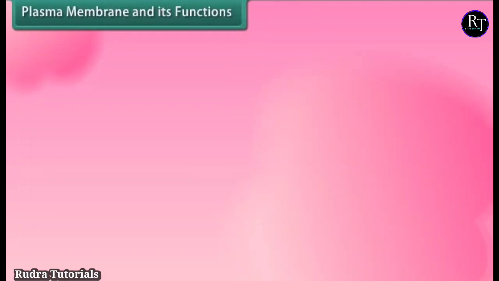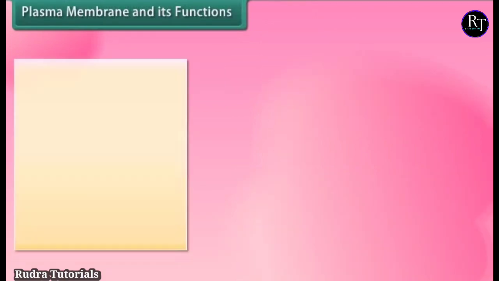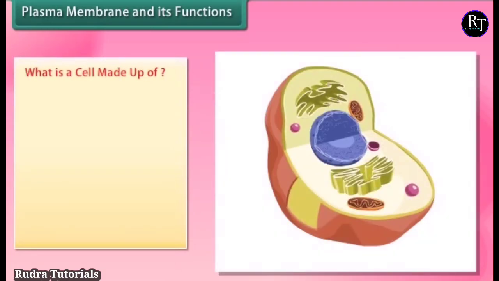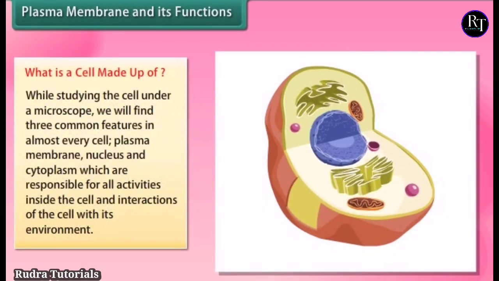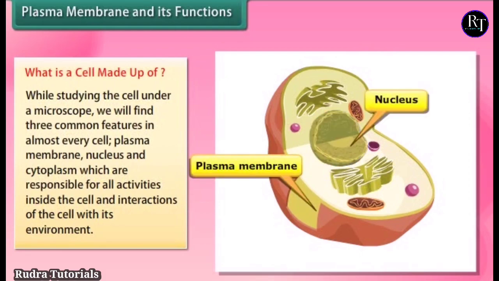Plasma membrane and its functions. What is a cell made up of? While studying the cell under a microscope, we will find three common features in almost every cell. Plasma membrane, nucleus, and cytoplasm, which are responsible for all activities inside the cell and interactions of the cell with